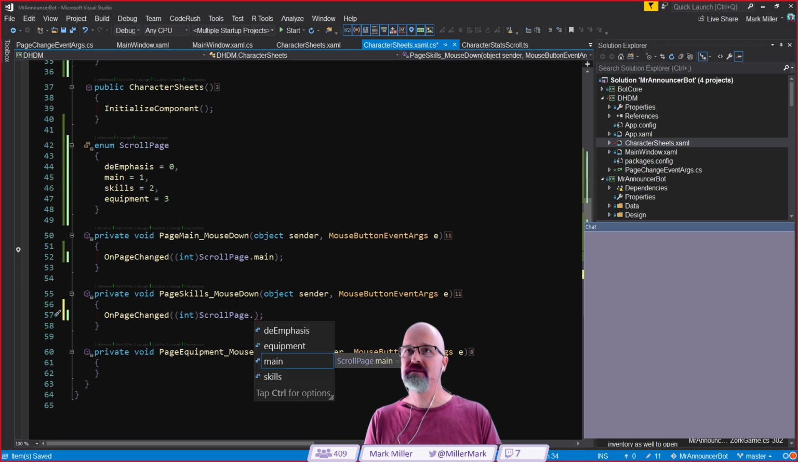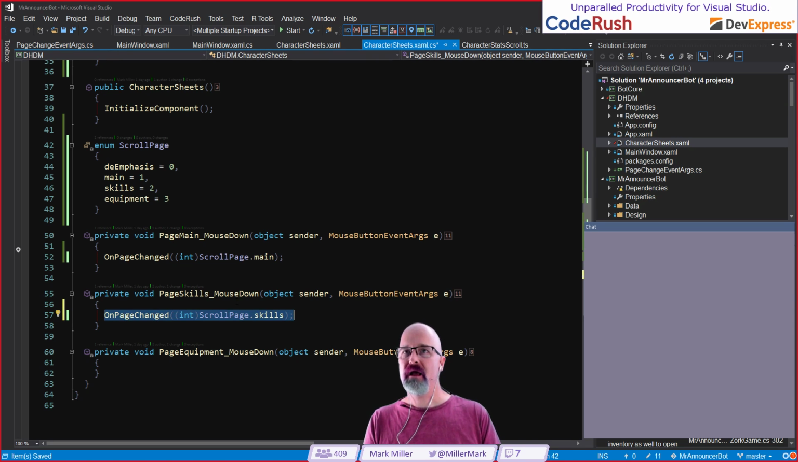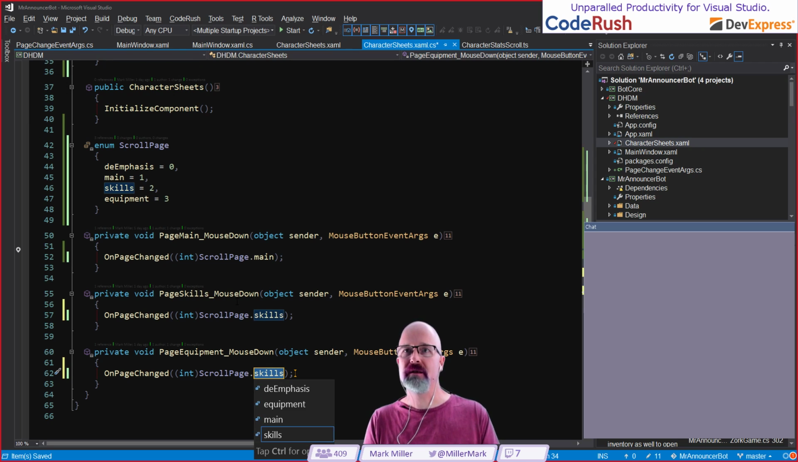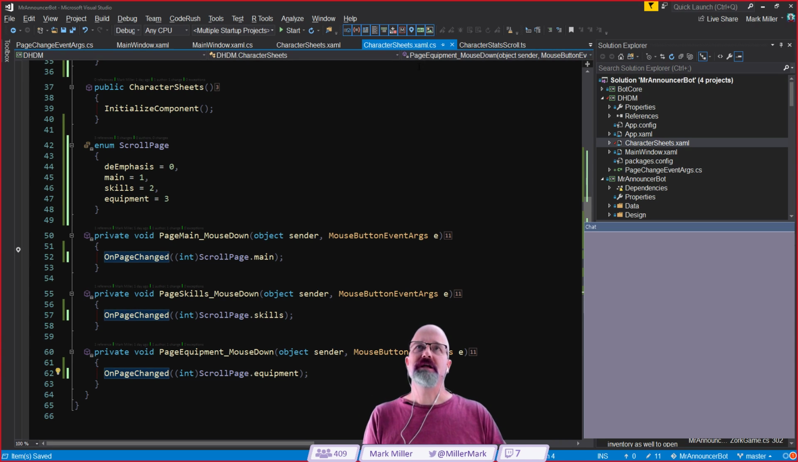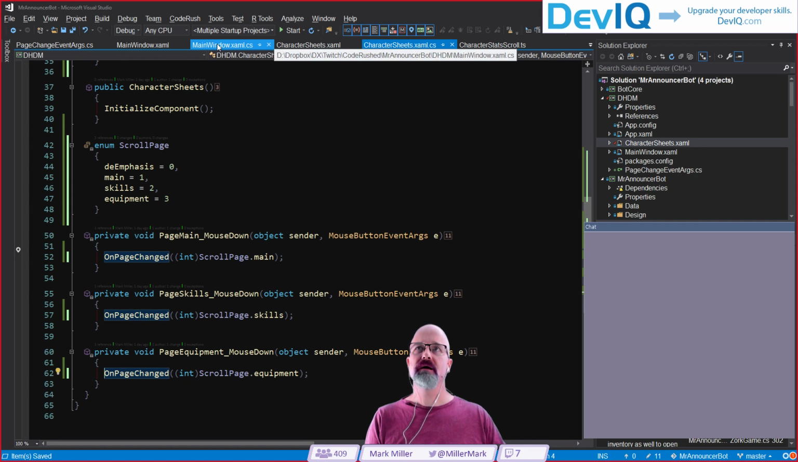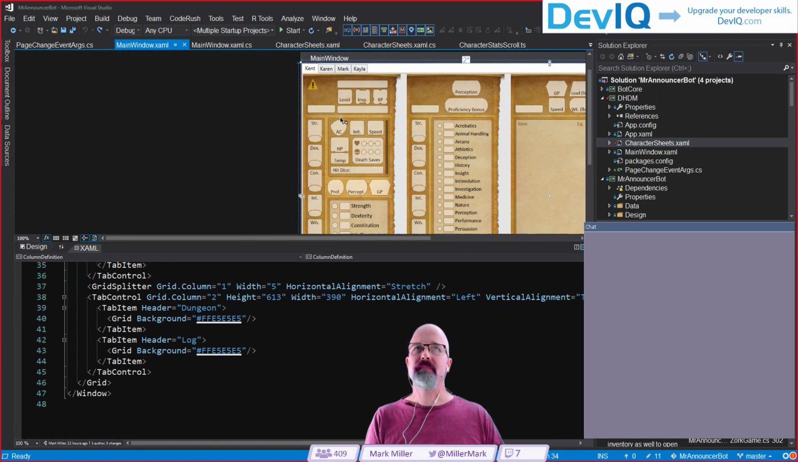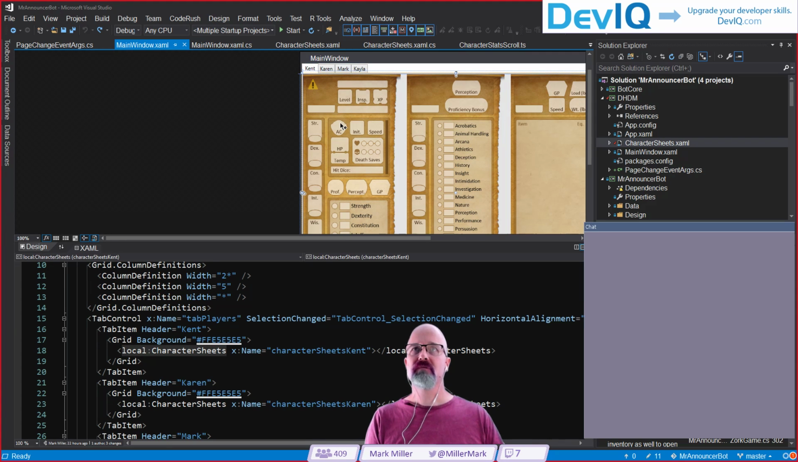Okay, and then this one is going to be skills. And if I was smart, I would have done that, copied it to the clipboard, come down here and pasted it, and then we could just come in and say equipment like that. Whoops. Okay. So there's my on-page change. That's in character sheets. That means now inside... So catch that at the higher level, yeah? Yeah. Back in the higher level over here, for example, on this one,